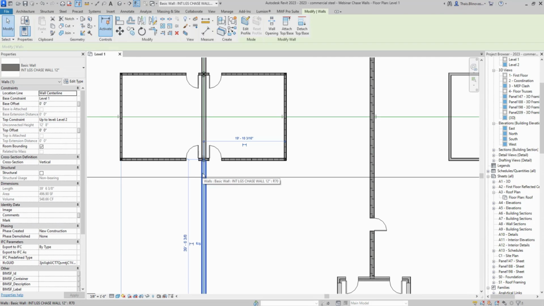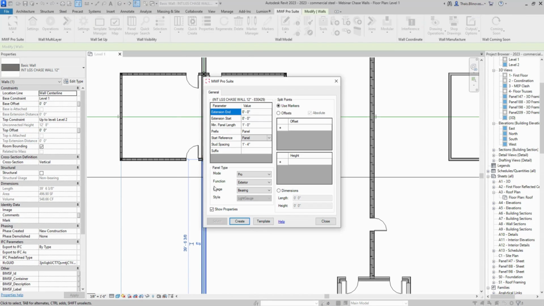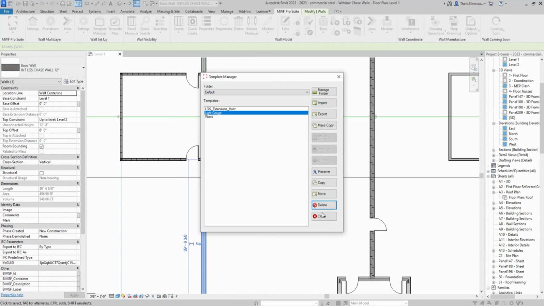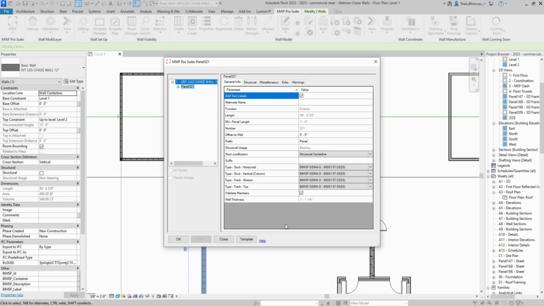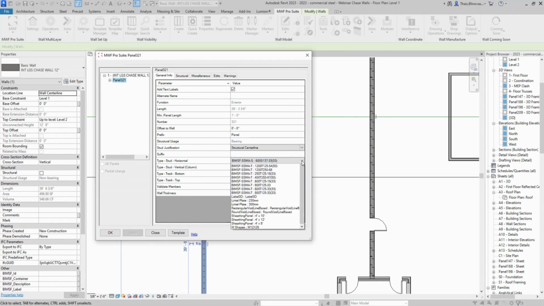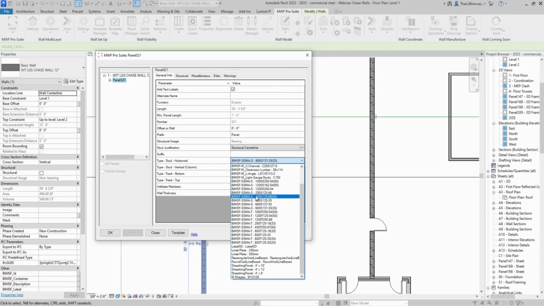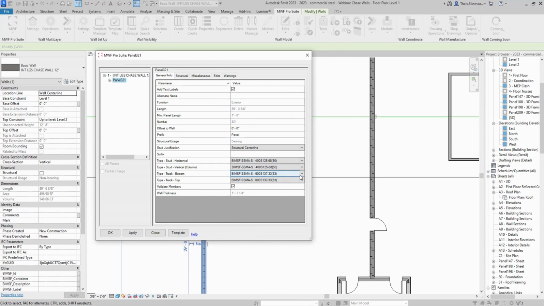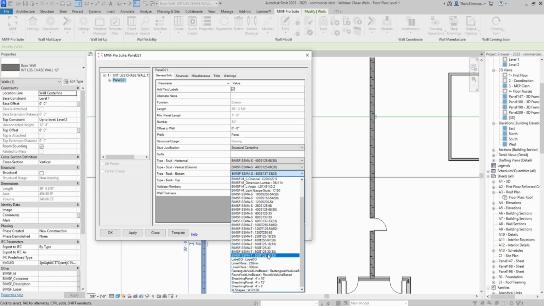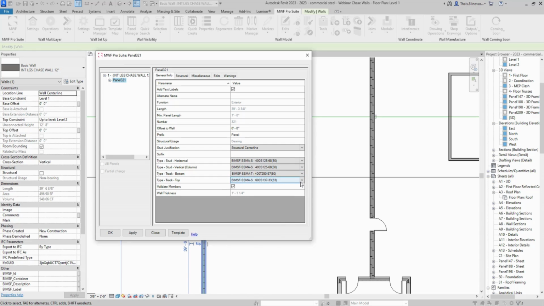Okay, so for the third option, we are actually going to create two separate panels. And in this case, I'm going to use smaller members. For the creation now, we're just going to assign the regular default template, but we are going to modify the sizes this time for that example. So what we want to do here is go ahead and already change this to 4 inches member, let's say. So 4 inches, and for the tracks, we're going to do the same,